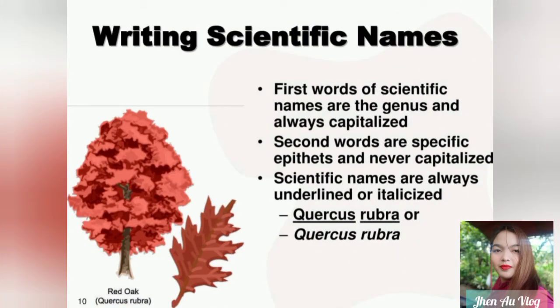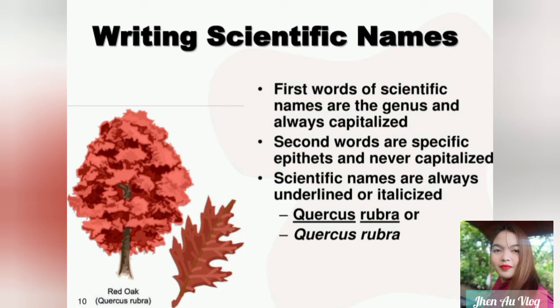How to write scientific names? First, the first word of the scientific name is the genus and is always capitalized. The first word, or the genus, must start with a capital letter. The second word is the specific epithet and is never capitalized. So it is a small letter for the species, the second word. Scientific names are always underlined or italicized. Underlined if you're writing,